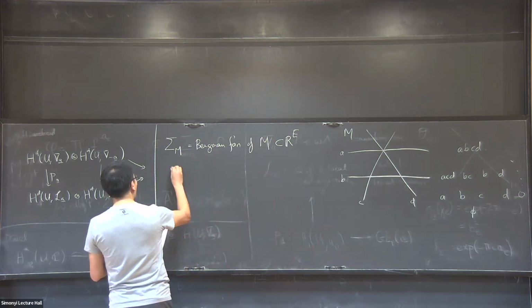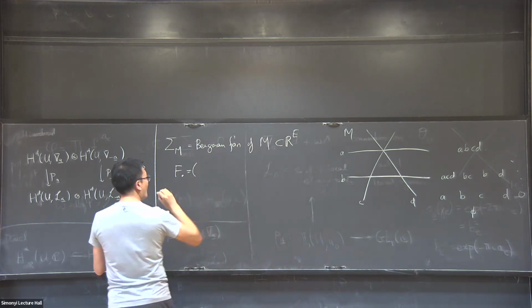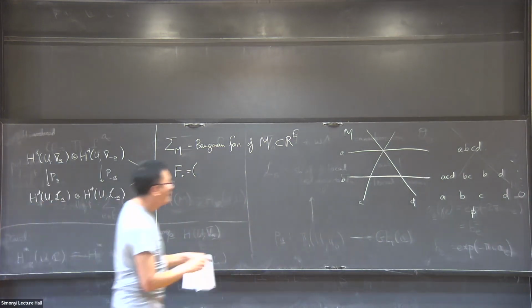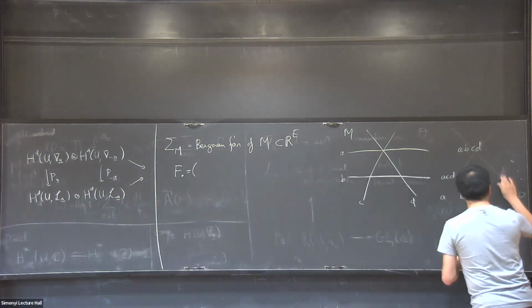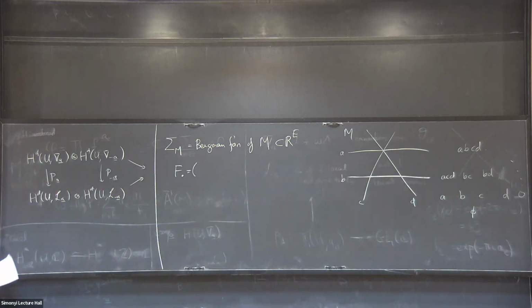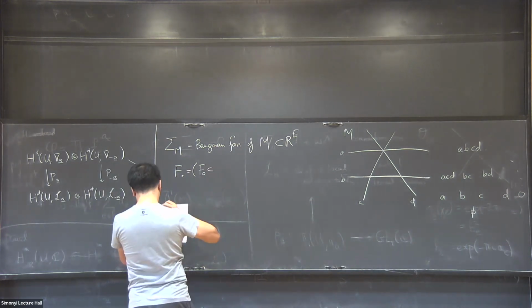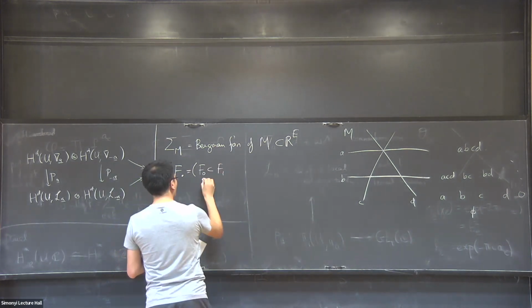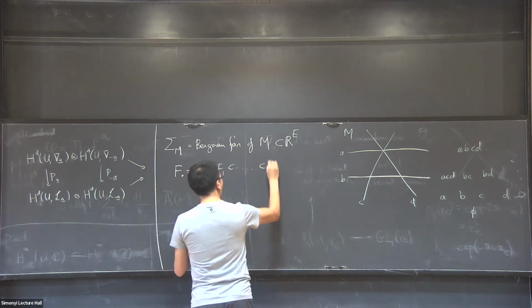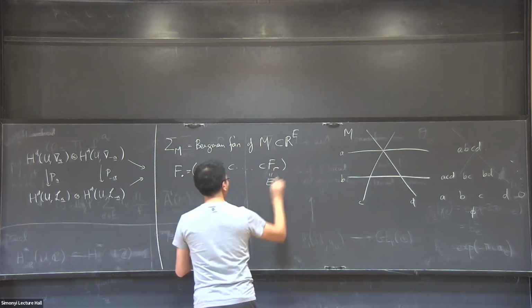So you take a flag, a complete flag. Let's take a complete flag of flats. This is just a flat starting with the empty set, up to E. So take a flag,